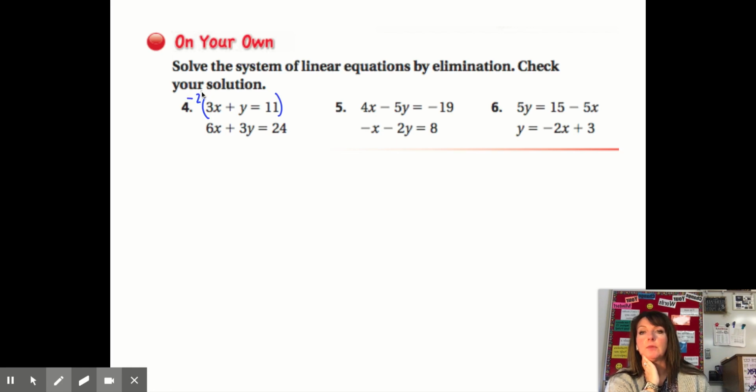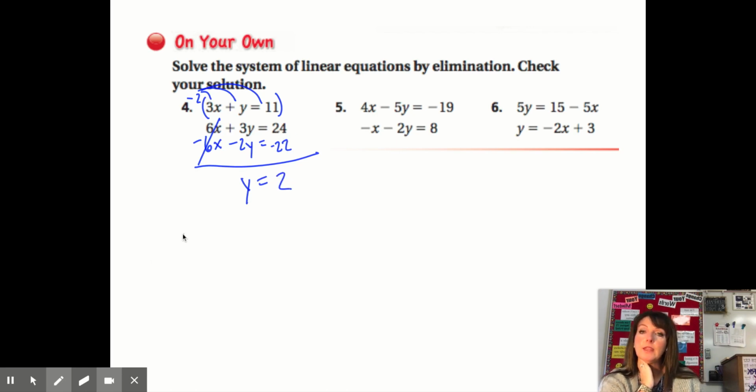All right, make sure that you're multiplying all three things. So negative 6x minus the 2y is equal to negative 22. Now I can add or combine these two equations. So this cancels. Then it's like 3 minus 2, so I get y is equal to, and then 24 plus negative 22 is 2. So going into my first equation, 3x plus 2, that's what I just got, is equal to 11. So subtract 2,